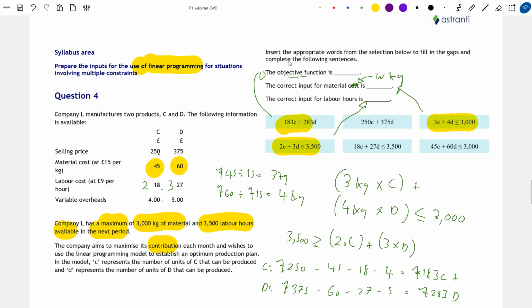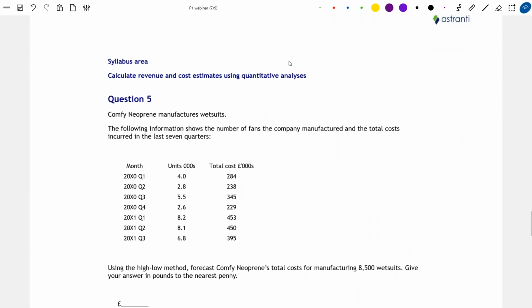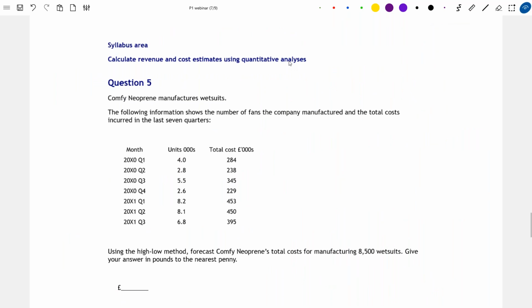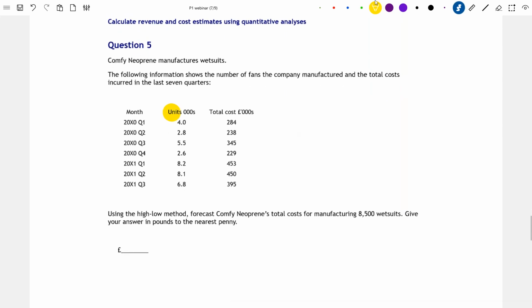So let's now move on to question 5. For question 5, we're going to be performing a high-low analysis. So Comfy Neoprene, our company, manufactures wetsuits, and we're given information regarding the number of wetsuits it has manufactured in the past and the total costs associated with doing so. And we've been asked to forecast the company's total costs for manufacturing